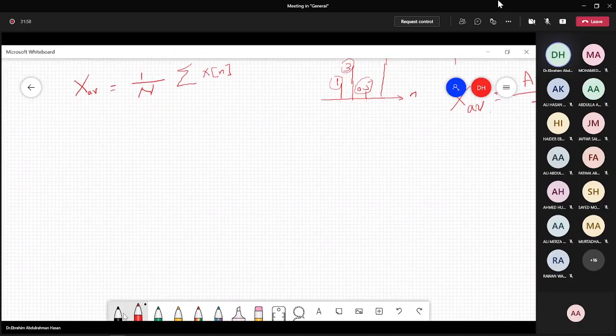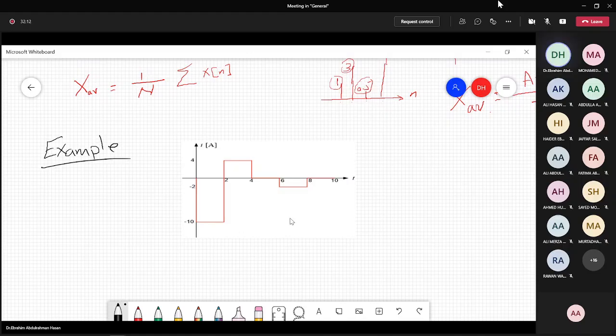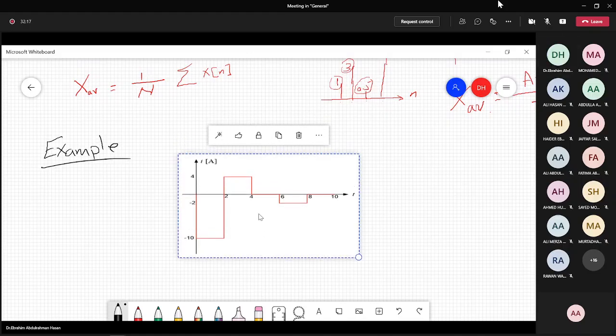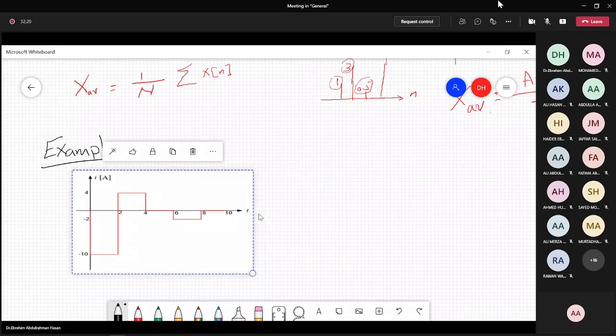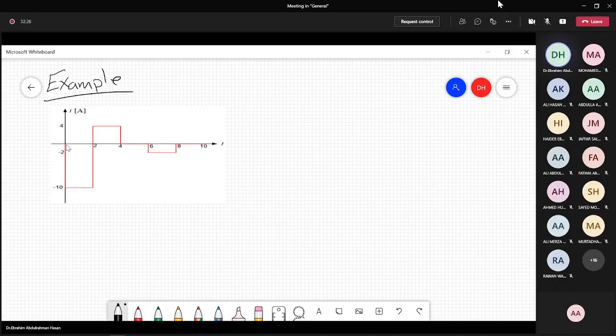Okay, so let me take an example here. I want to find the average value. This, we call it finite. So it is defined only from 0 to 10. I am not concerned with the rest now. What is here, what is here. So I want to find the average value which is between 0 and 10. So then x average equals